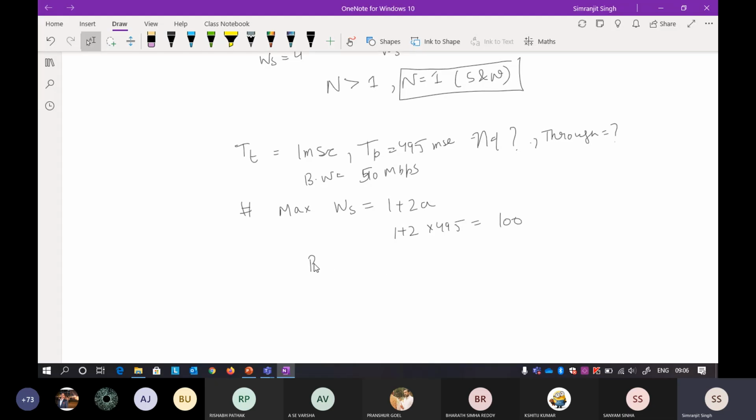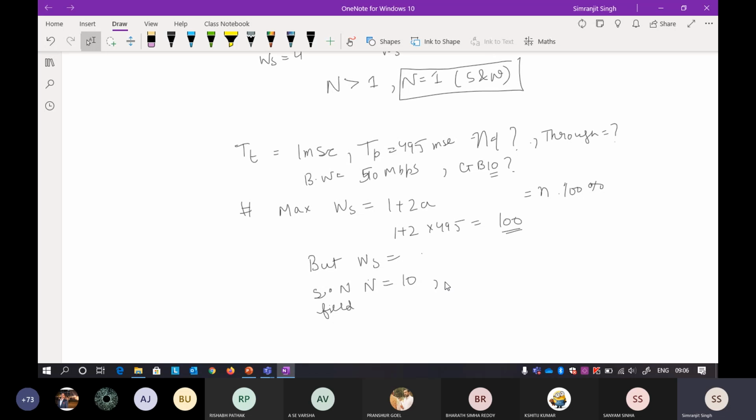Now, the sender window size: if you want the maximum window size so that the efficiency can be 100%, I know that it is 1 plus 2a, so it should be 100. But actually the window size is already given to you as GB10. Suppose it is GB10, it means the sender window size is already given to you, so N here is 10. Okay, so it is the sequence number field.